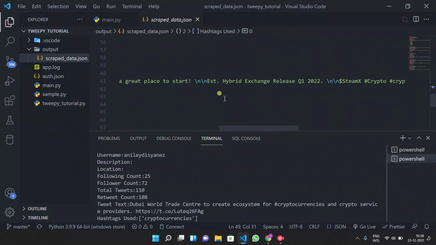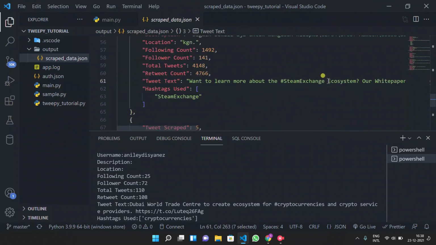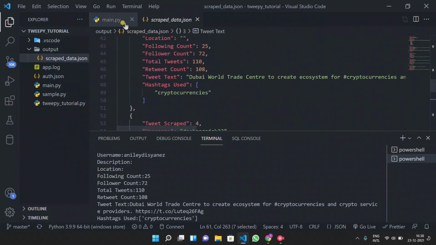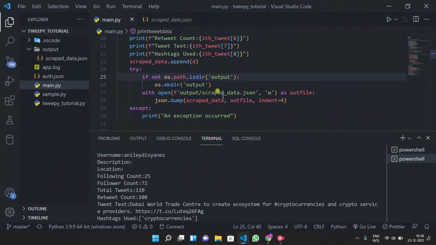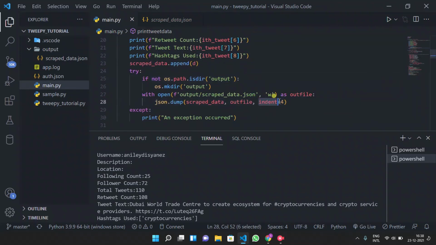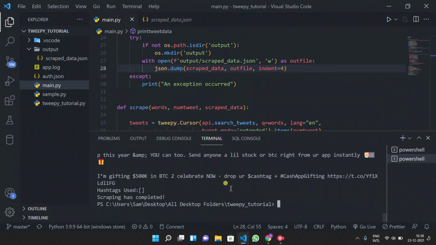Yes, here also the Bitcoin word is present. So we have got this. Now let's test for one more. I forgot to tell you that I am writing indent equal to 4 here. This is just used to beautify the JSON file, so that the JSON file data looks good.